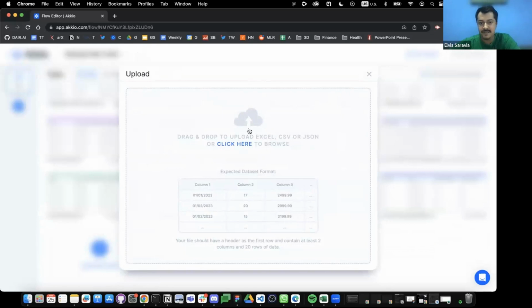There are different formats that are accepted here. You have Excel, CSV, JSON, and one thing that's important is to have the right column names. So I'm using a CSV, and I already have it in the right format, which is I have the different columns, and I need a time sequence, right? That's going to be the date for me, but I'm just going to upload it and show you how it looks.